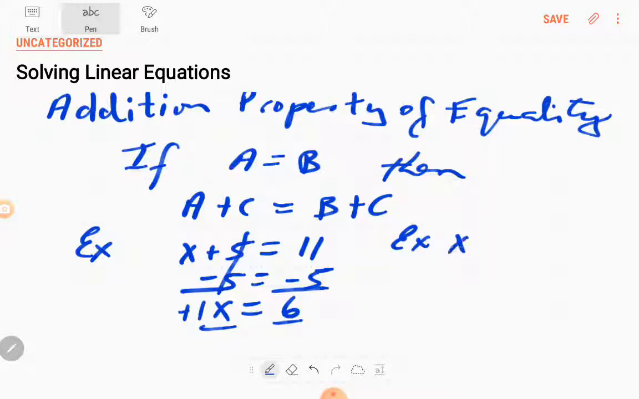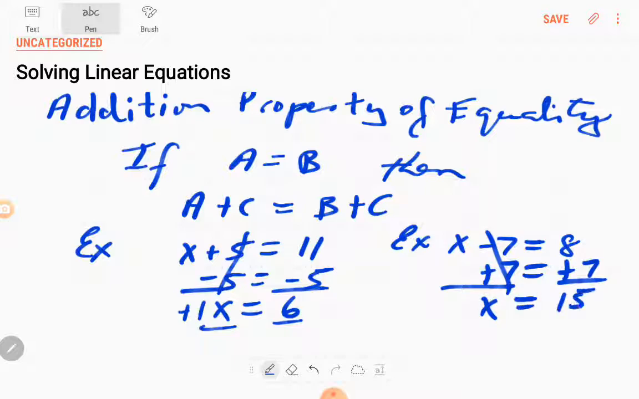Suppose I had x minus 7, say, is equal to 8. So here, again, I have a true statement, and then I could add or subtract the same amount to both sides, and it remains a true statement. So using that addition property of equality, I will add the same amount because I want to isolate the x. I'll add 7 to both sides. So that gets rid of the 7 on the left-hand side. That isolates x on the left-hand side, and I've solved for x equal to 15. Okay, so